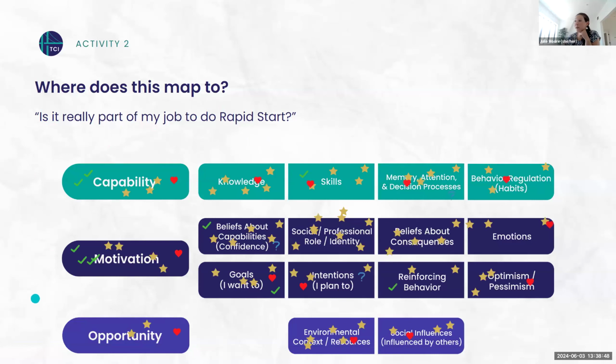All right, so things are showing up in lots and lots of different places. And so the first places I would go are a couple different thoughts. One is I would start by thinking, is this a motivational thing? Only because my experience has often been, this question is often motivational rather than a truly logistical question of, is it actually my job? It's more like, oh, wait a second, I don't want to do that. Is it really my job to do that? And so the first place I would personally map it is this social professional role and identity. Kind of like that person saying, hey, is this really my job to do that?